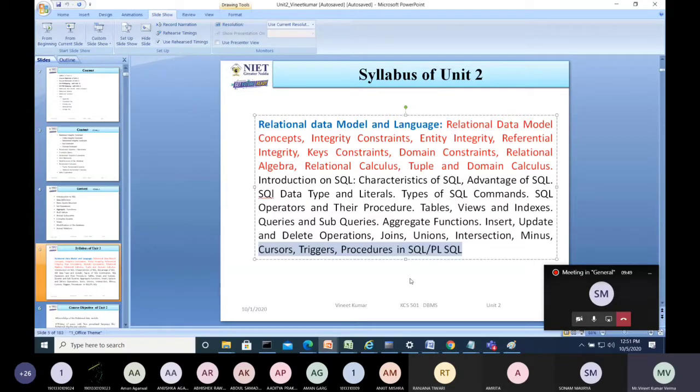But whatever questions are asked from PLSQL, they are asked from cursors, triggers, and procedures and functions, right? So these are three important topics which are very useful in PLSQL